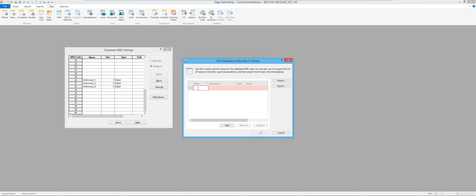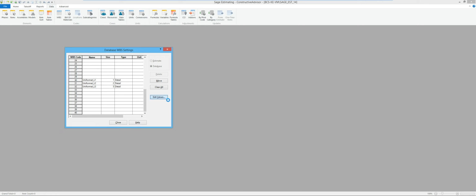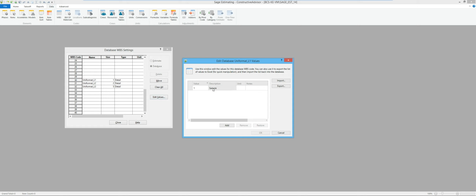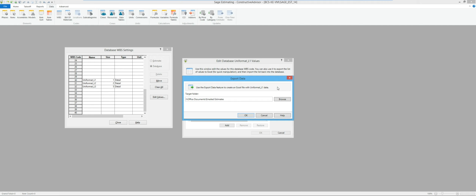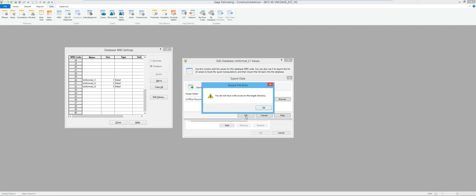So if I go ahead and said something like, whatever the value is, whatever the title is, that would actually then give me a list later when I'm doing estimating that I could pull up for that particular level. Now, in this case, since I do have them built in Excel already, I'm going to go ahead and export what I've got here out so it creates me an Excel spreadsheet in the format that I need to import those in.